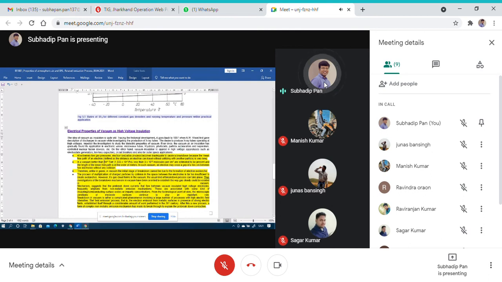Okay, and what will be 10 to the power minus 5 and 4 mean? That will be the value 1.333 into 10 to the power 2 pascals. Less than 3 into 10 to the power molecules per centimeter cube are estimated to be present, and the length of the mean free path is of the order of a meter. In such a vacuum, the electron may cross a gap of a few centimeters between the two electrodes without any collision. So if we have a very high collision rate, then what happens?